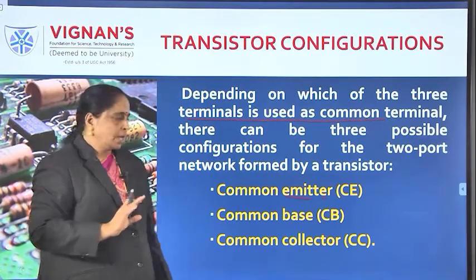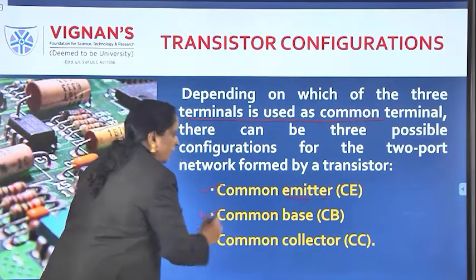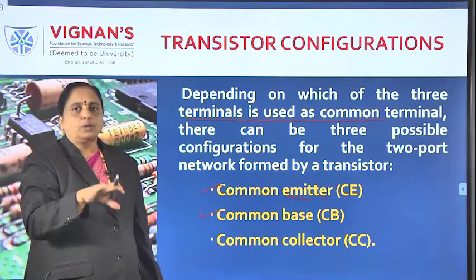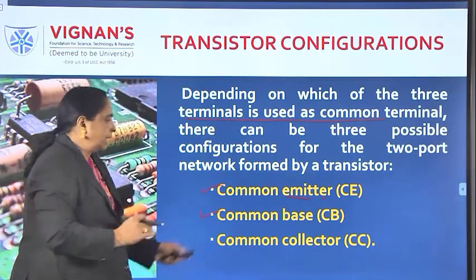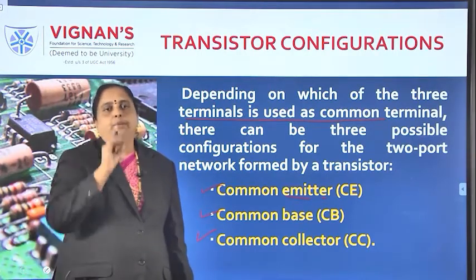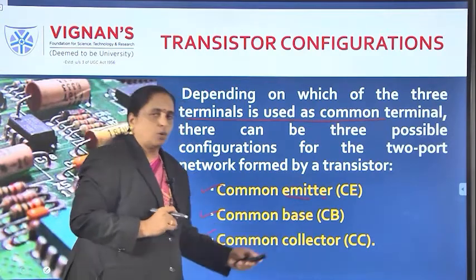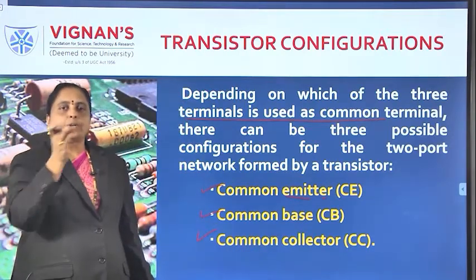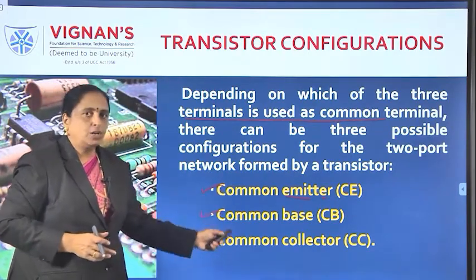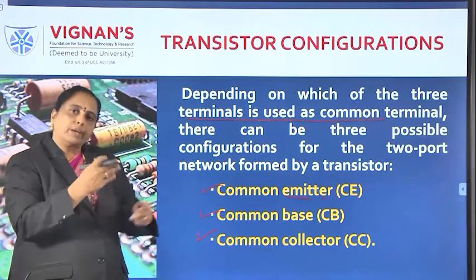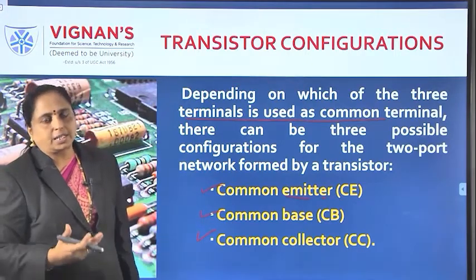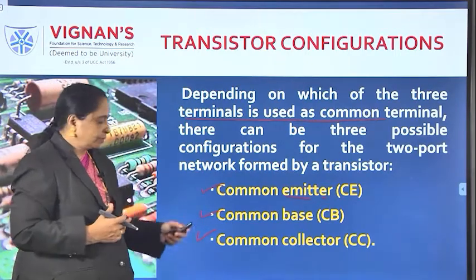What are the remaining two terminals? Base and collector. Similarly, you can make base common. That is, base can be taken as ground, or it is common to emitter and collector. Then another one is common collector. That is, the collector is common to emitter and base. If the collector is grounded, the base acts as input and emitter acts as output. Therefore, depending upon which terminal you are making ground or common to the remaining two terminals, the applications as well as the properties like VI characteristics can be effectively studied.